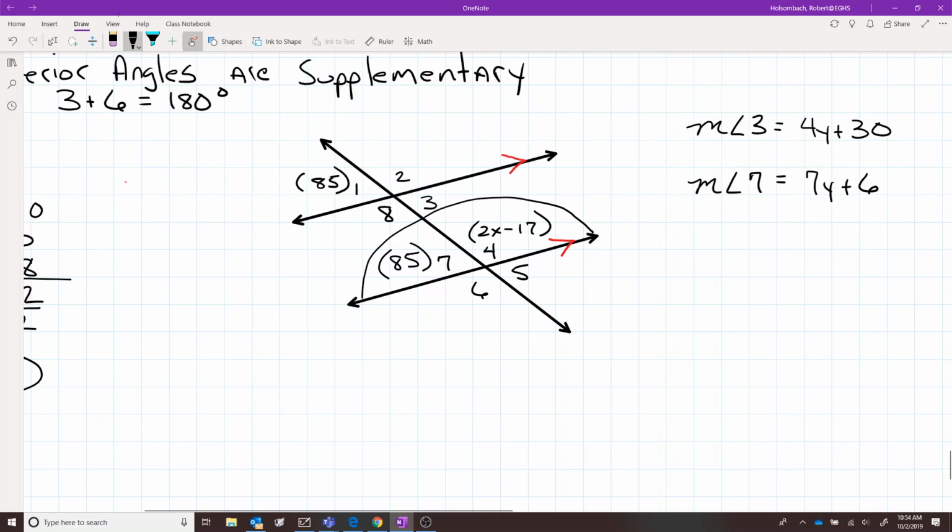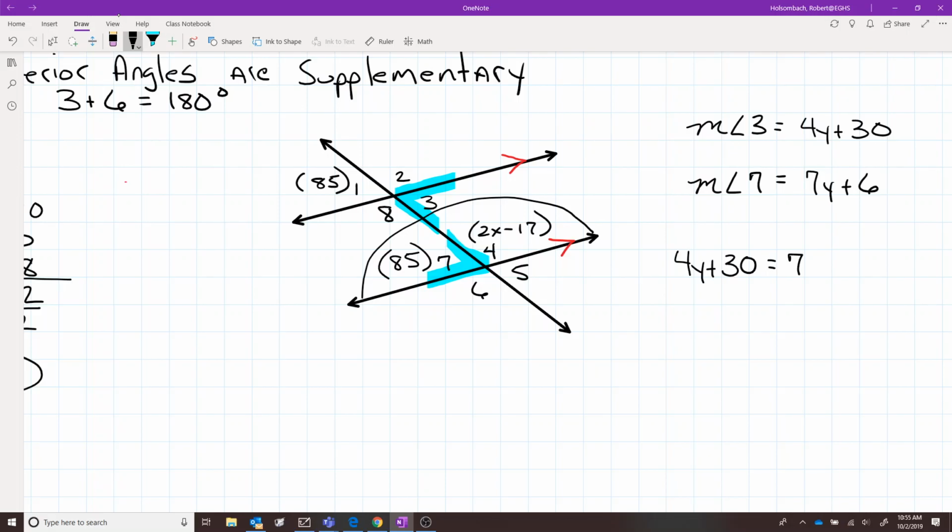Alright, so we're talking about 3 and 7. What's their relationship? That would be your first question. They are alternate interior angles. And what do you know about alternate interior angles? You just wrote it down. They're congruent. So your 4y plus 30